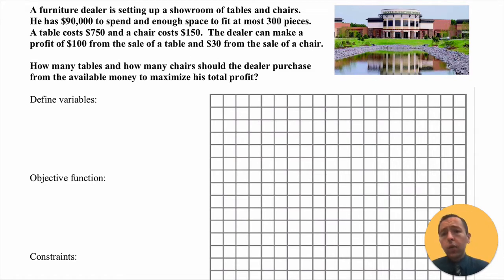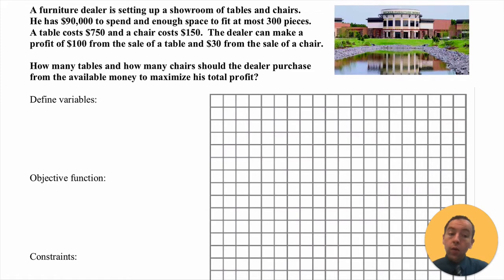So with all of this, we want to determine the number of tables and the number of chairs that the dealer should purchase from his available money to maximize his total profit. Ultimately his goal is he wants to make the most amount of money possible. But there are some confines that he's limited to here because of budget constraints and also because of space constraints. So what we really want to do is find the sweet spot. In other words, what is the exact number of tables and the exact number of chairs that will stay under budget and that will also fit in the showroom that's going to make him the most amount of